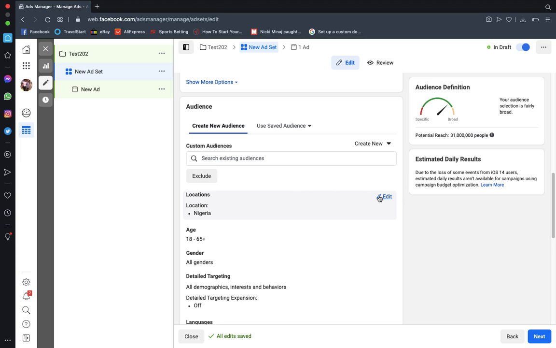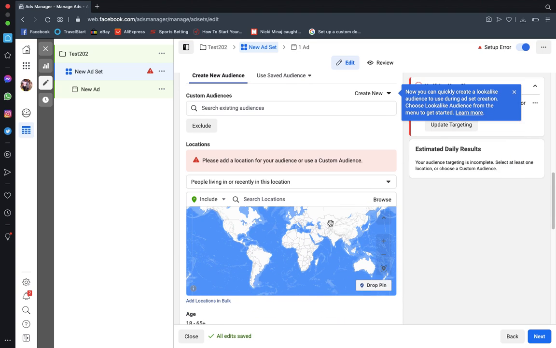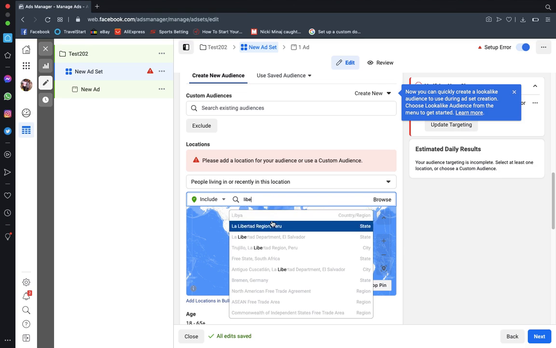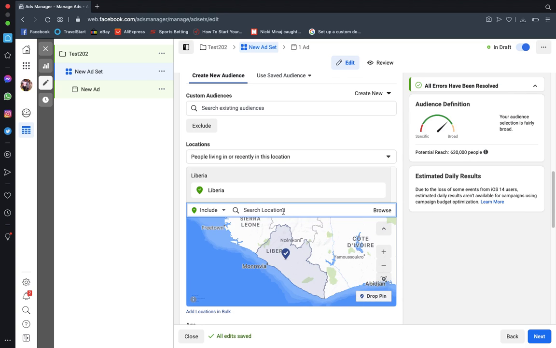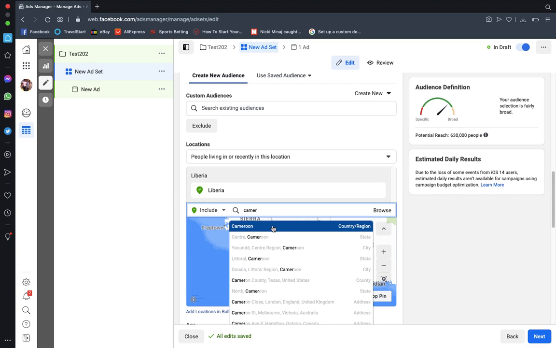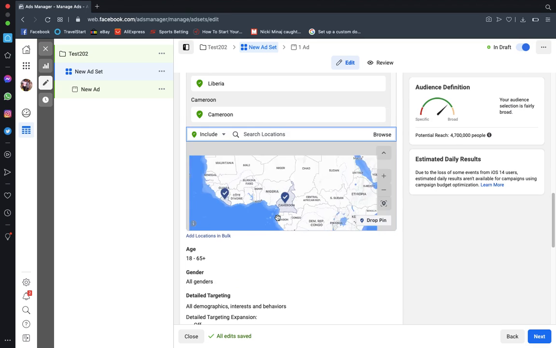So my location, I'm in Nigeria, so by default you always get to see your location right here. But I can easily remove this, and then I can come here and type in, let me say, Liberia for instance. Okay, I have Liberia here, and then I can type in, let me say, Cameroon for instance. Alright, Cameroon, and then you can select whatever country you're trying to reach through this option,